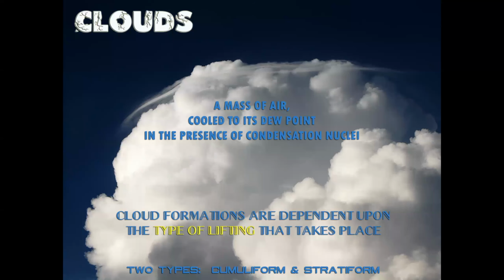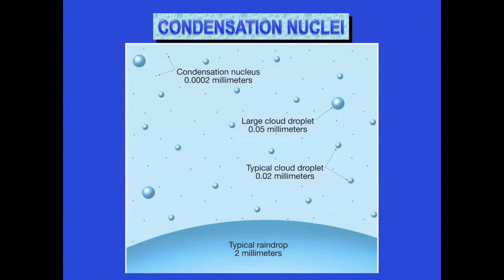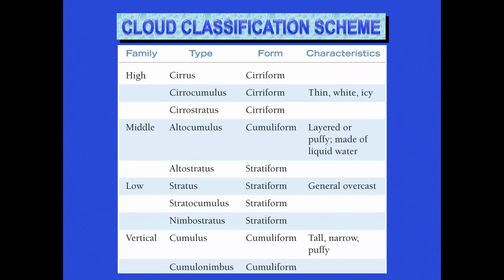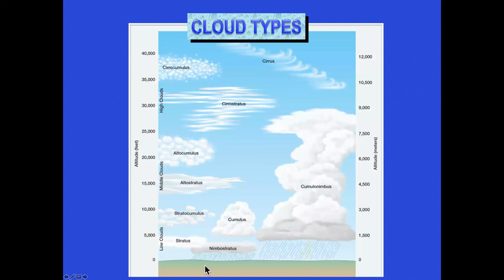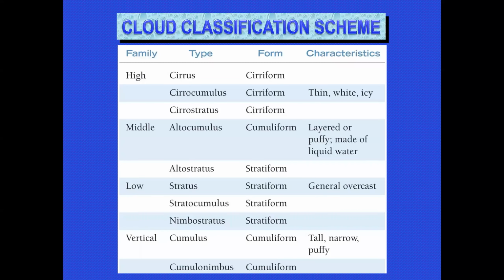Talk about the idea of a cloud. So we'll get into that. Clouds are made up of water droplets, which each have a condensation nucleus inside. Already mentioned that before. And these are the types of clouds. You tend to have high clouds, middle, low, and then what are called clouds of vertical development, like a big thunderstorm. Okay? And again, that's a more visual representation, whereas this is more of a name